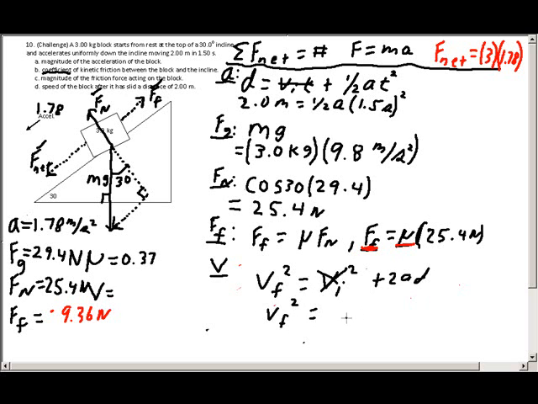We have an acceleration of 1.78, and it accelerates over a distance of 2. When you crunch it, your velocity is 2.67 meters per second. So I'd be the first to tell you it's hairy, but I would like to again try and emphasize to you the key to this problem was to have created a diagram,